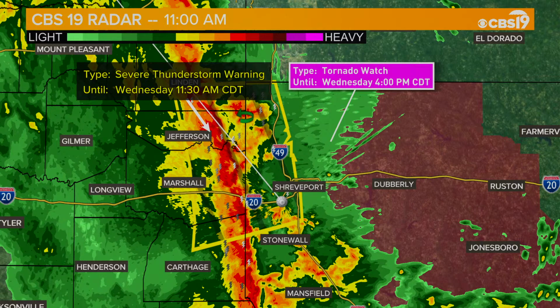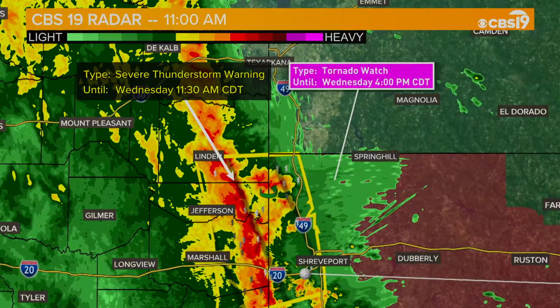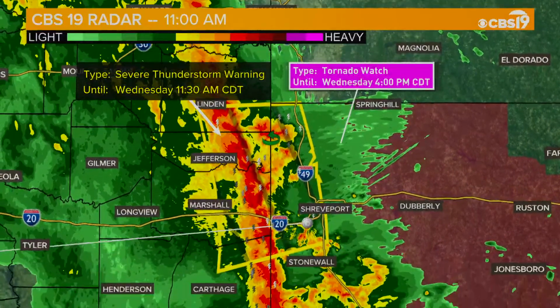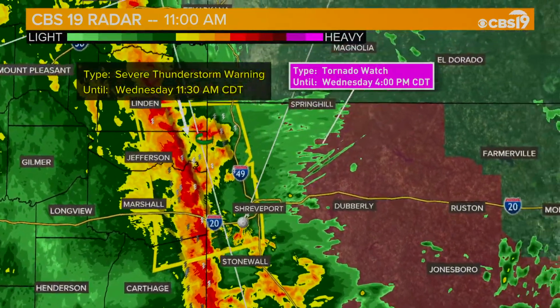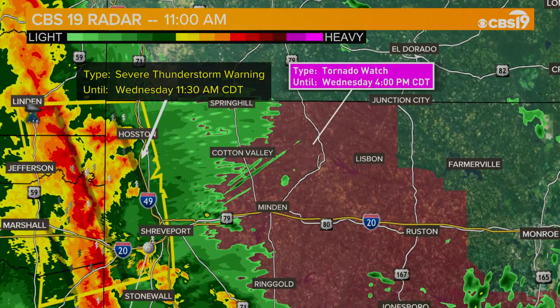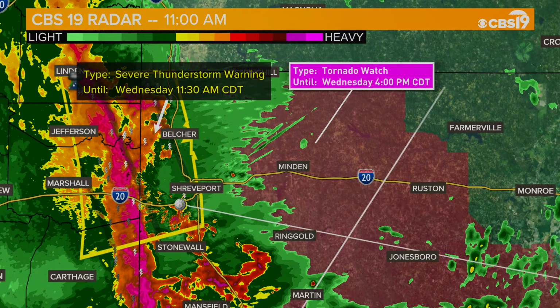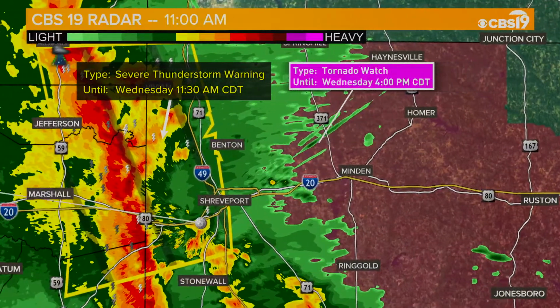We'll go on up to Cass County. Cass County is in the severe thunderstorm warning, and that's going to go all the way up here. Marion County, so it's going to start here in Cass County near Linden, through Marion County in Jefferson, down through Harrison County to the northeastern portion of Panola County. But really, the area that we want to concentrate on are going to be these extreme eastern parts of each one of these counties. In fact, if you're listening to us right now in Panola County, you're in the clear, you're fine. I would say almost everyone in Harrison County except this extreme northeastern corner right here,